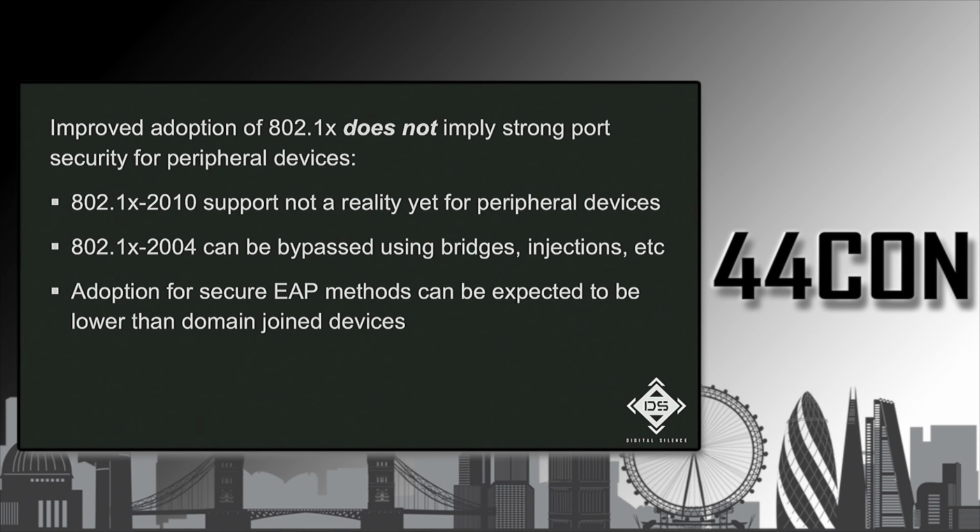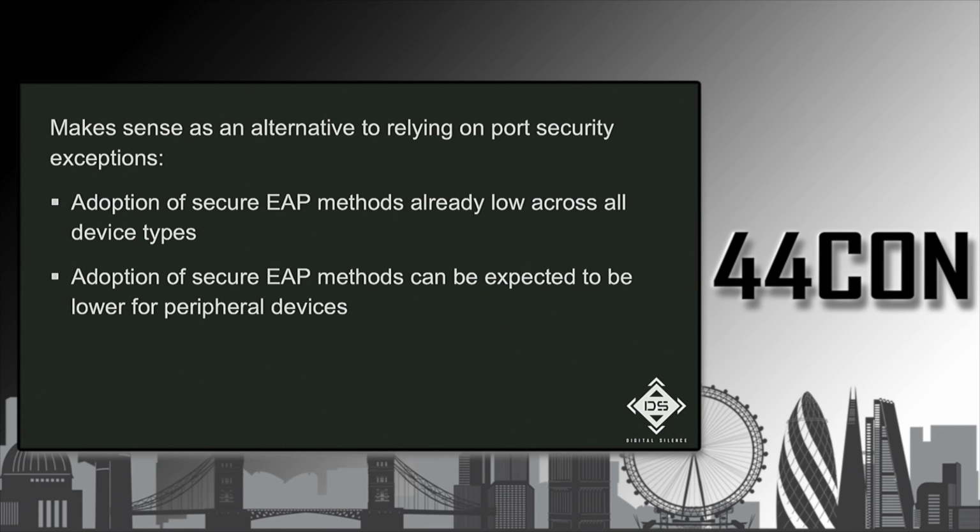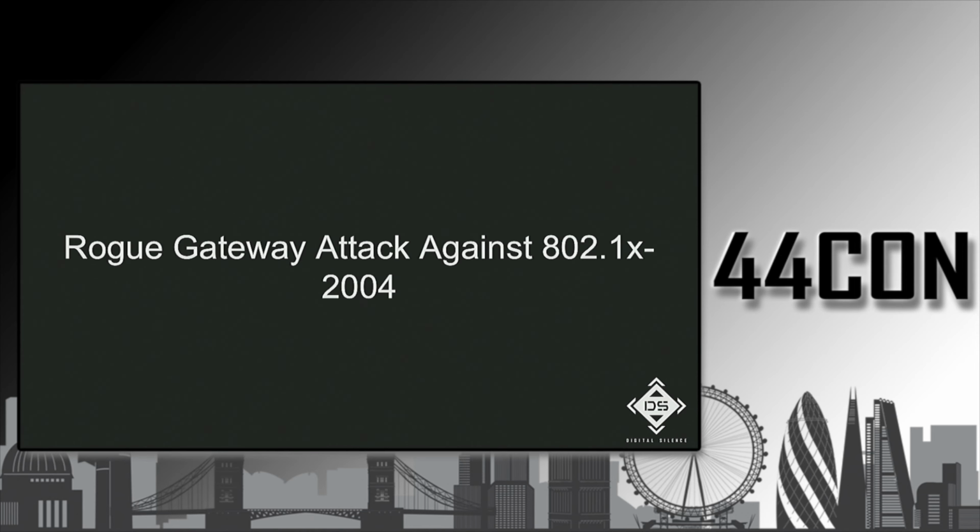But suppose you don't want to do that. Well, the other interesting thing is that you can expect adoption of secure EAP methods to be significantly lower on peripheral devices than on centrally manageable devices such as domain joined devices. The reason is that adoption of secure EAP methods is already pretty low across the board, and it can be expected to be even lower for peripheral devices than for devices you can manage from a centralized location. So what this means is that you do have the option of using the rogue gateway attack